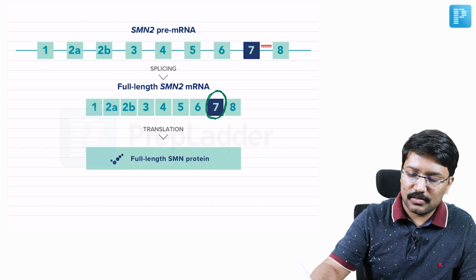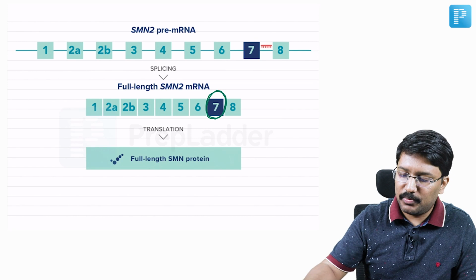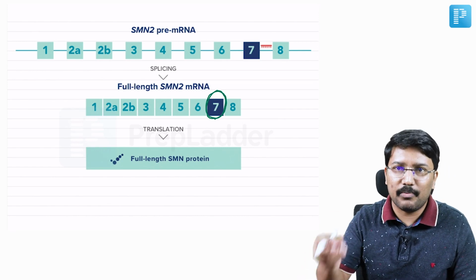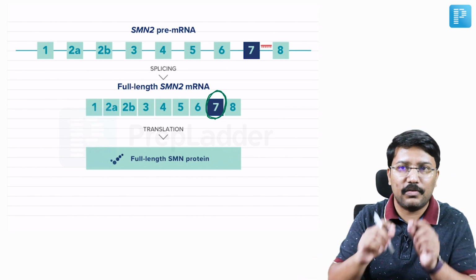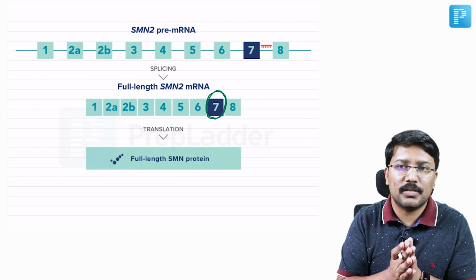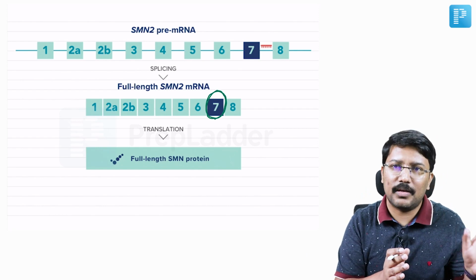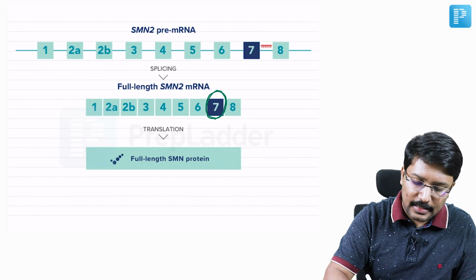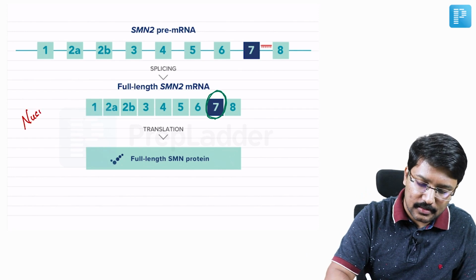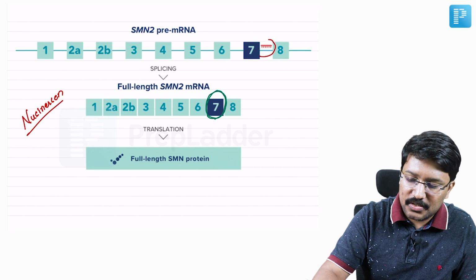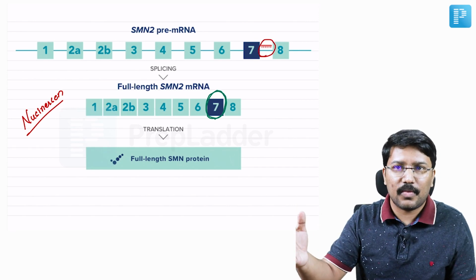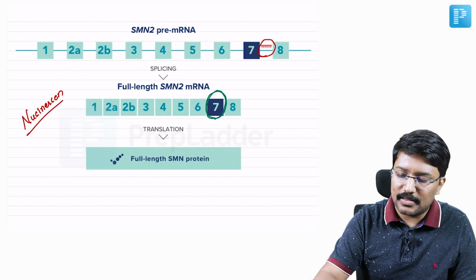Now, how are these 2 drugs going to work? Risdiplam, right? By modifying the RNA splicing, it makes sure that exon 7 is included and you have a proper length protein produced from the SMN2, right? SMN1 is mutated, we're not targeting it. In case of nusinersen, right? Nusinersen works on an intron which is downstream from the 7th exon, and it makes sure that exon 7 is included, right?